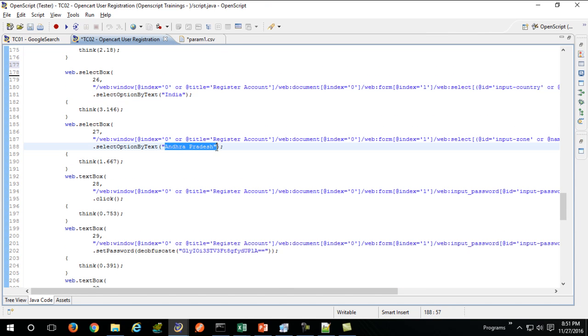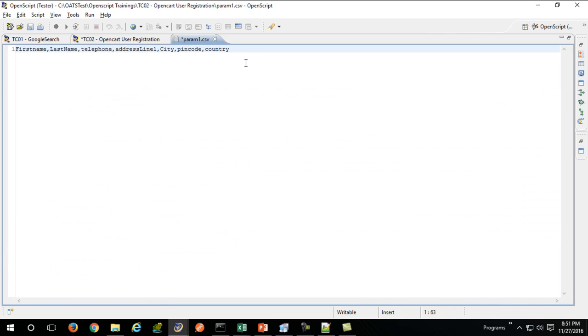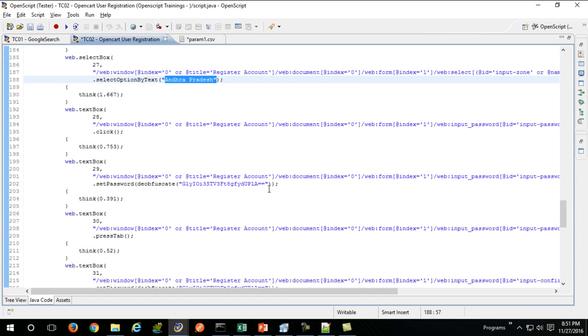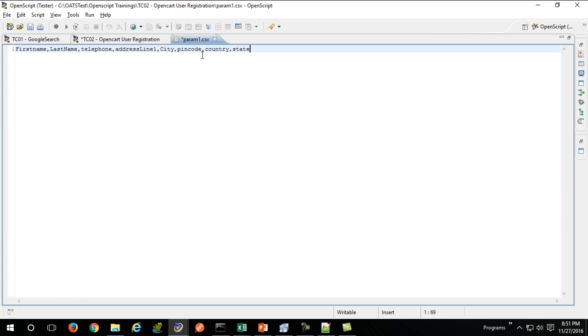This is our state. And this is your password string. You can directly enter in your password. So rather than this, you can give in something else. So password.